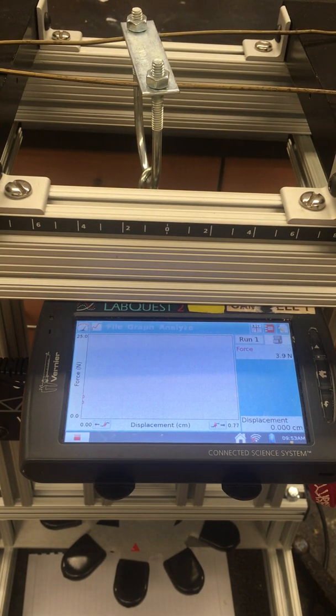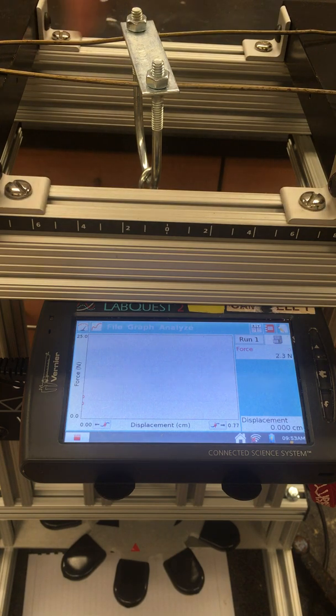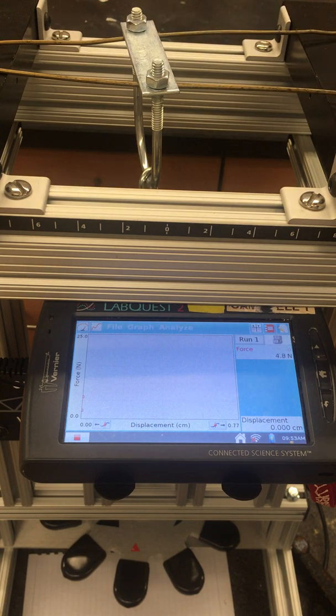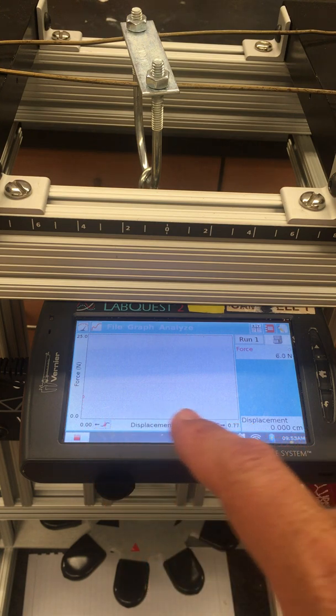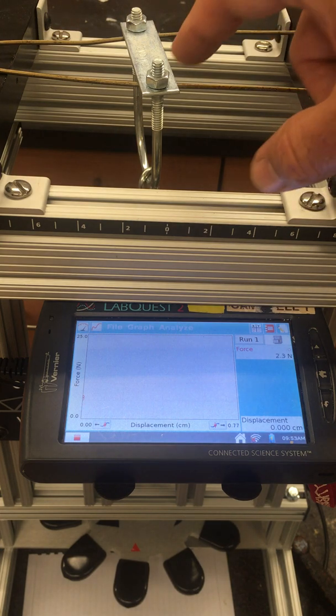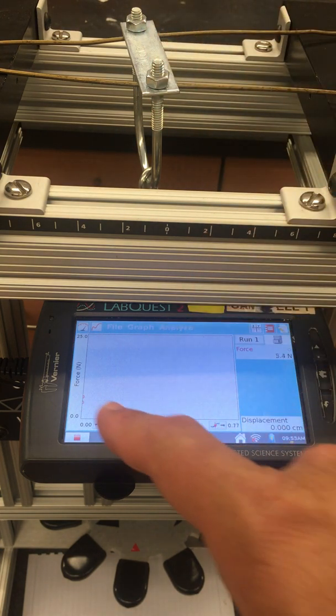What we have here is some equipment to enable us to produce a sort of stress-strain curve on a piece of wire coat hanger that's here. We have a bracket that pulls downward. We're going to measure the downward displacement of that bracket on the x-axis here. And we're also going to measure the force required to produce that downward displacement of this bracket and plot that